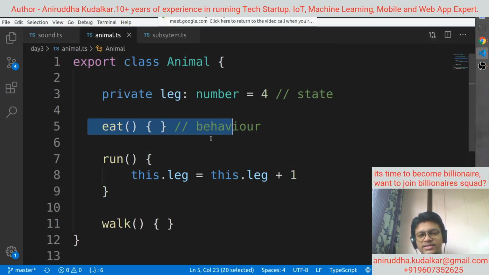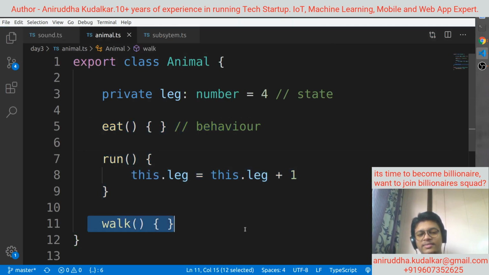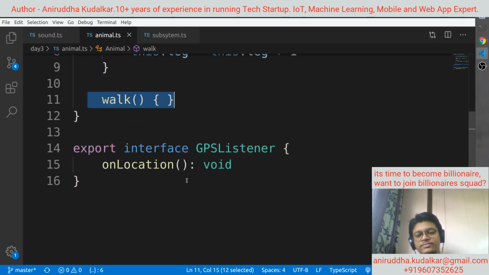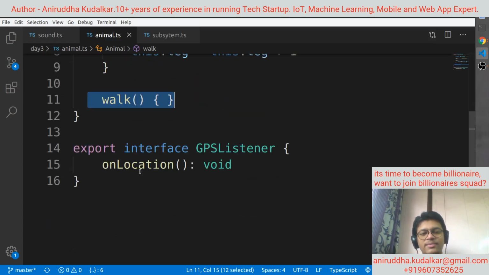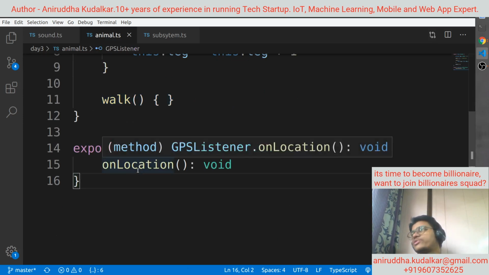But what I want to do is get the GPS location of the animal. In that case, the animal is not capable of giving you its GPS location. For that, you need to put some third party hardware on the animal. That can be a collar or it can be on the legs.